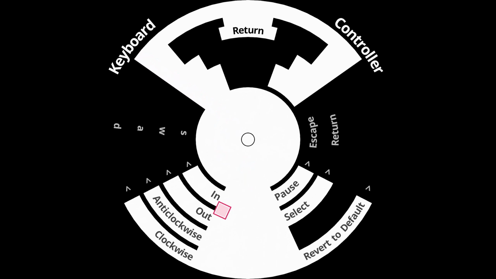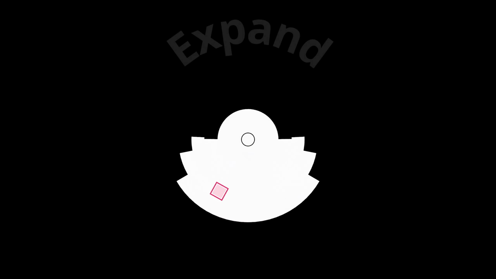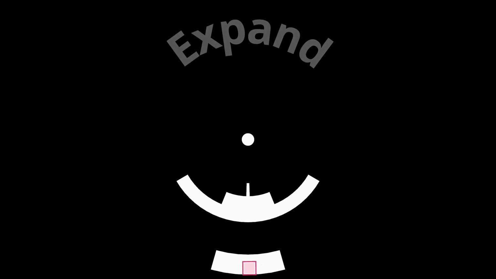This is a really arty menu, but I don't like it. So in is always S, out is always W, anti-clockwise is A, clockwise is okay, fine. I guess that is fine. Main menu. Just also such a slow way, and maybe that's because I should be using a controller, but look,